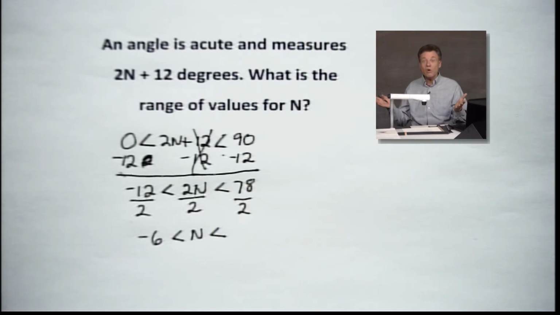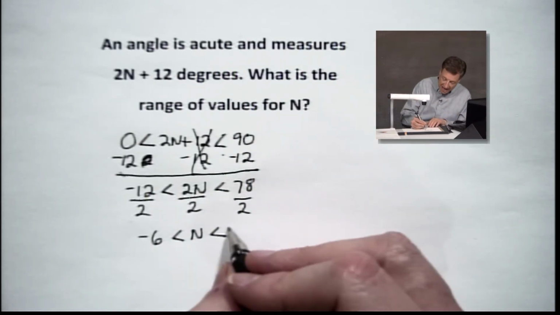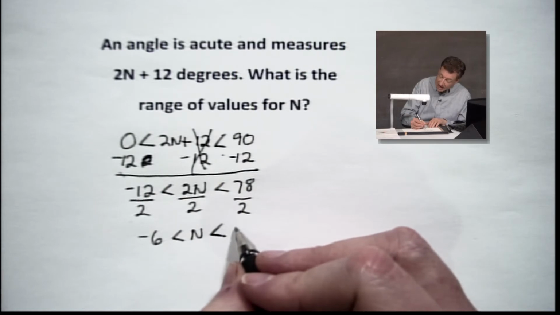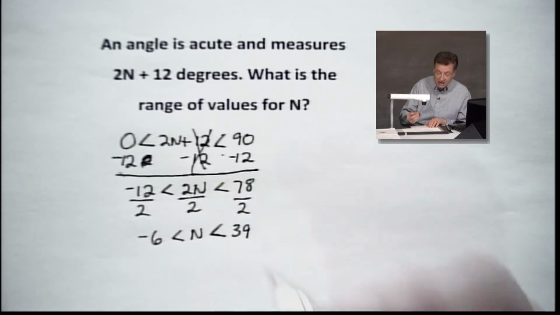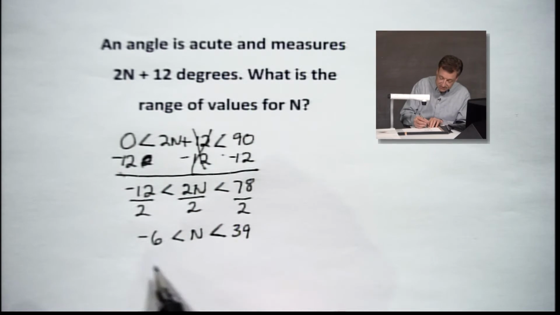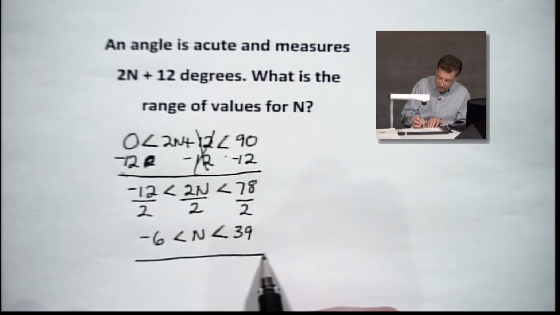Well, if it were 80, it'd be 40. It's 78. Let's drop it to 39. So half of 78 is 39. And at this point, let's talk about this thing from the standpoint of what an inequality